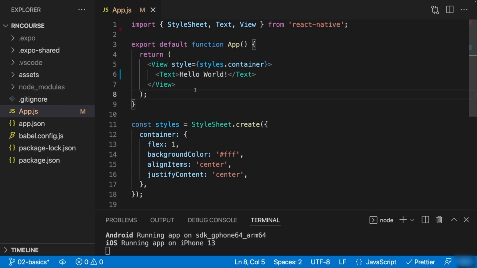Now we will learn more about laying things out with help of styling in a couple of minutes, but the idea behind the view component is that you typically have